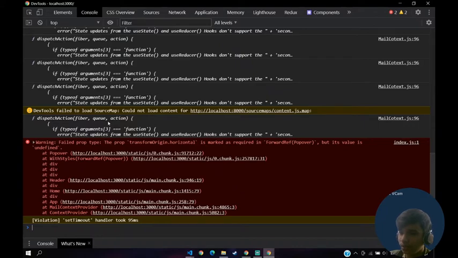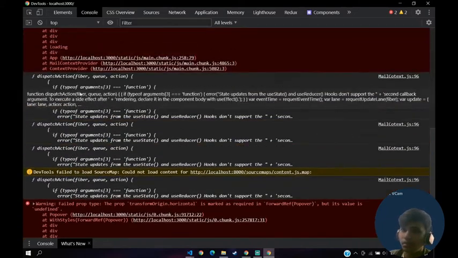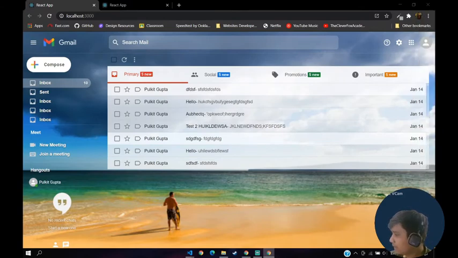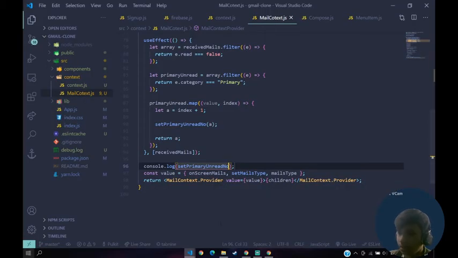I think we did something wrong. Mail context, okay, so it's some kind of an argument that we are getting. Okay, let me check what this is. So we are saying let a is equal to index plus 1 plus set primary 100 number to a, and then we return our a.